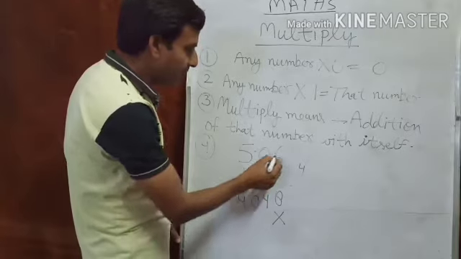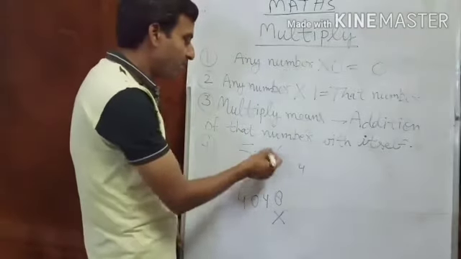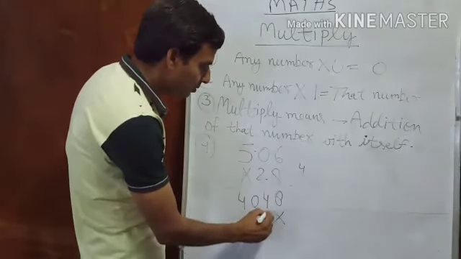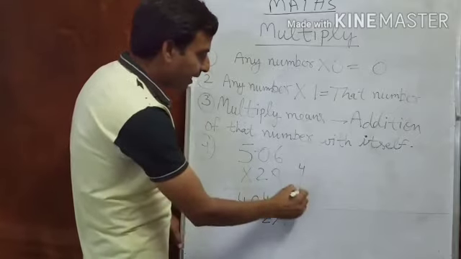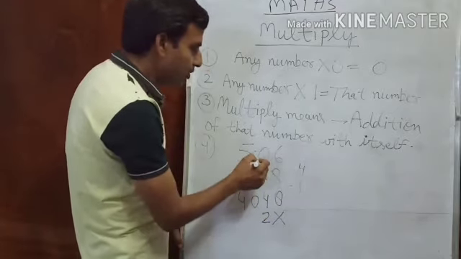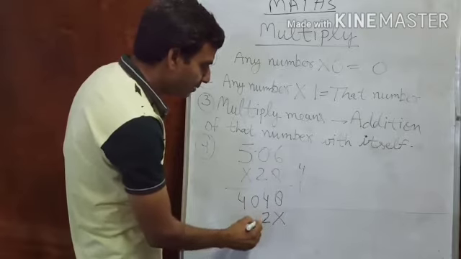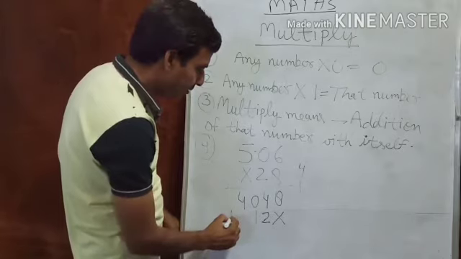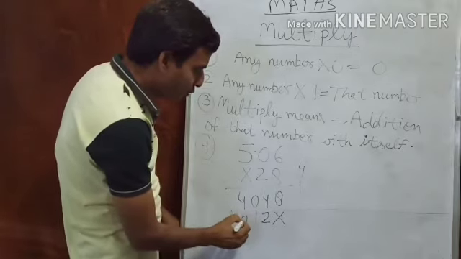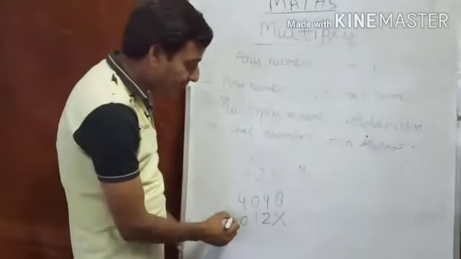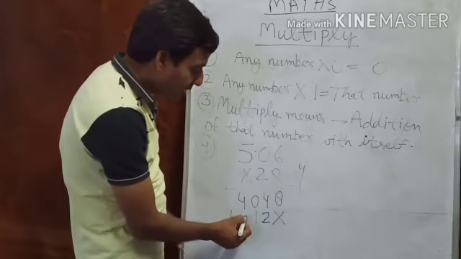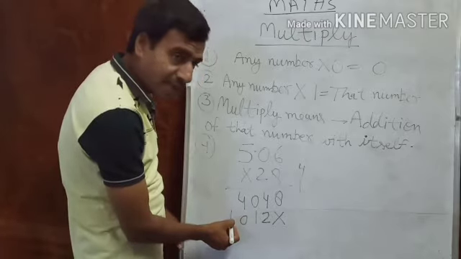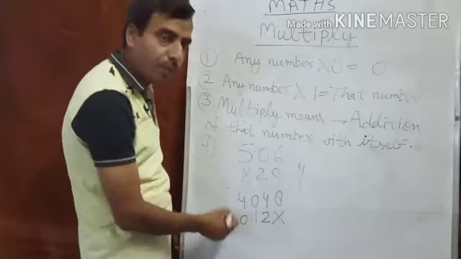Now by tens we multiply the whole number from one side. 2 6s are 12. 2 is written, 1 carry. 2 0s are 0. 0 plus 1 is equal to 1. Then 2 5s are 10. Now in 10 there are 2 digits, so we write ones first of all, then tens. Tens at the place of tens, 1 is over here, 1 is going this side, then no problem.